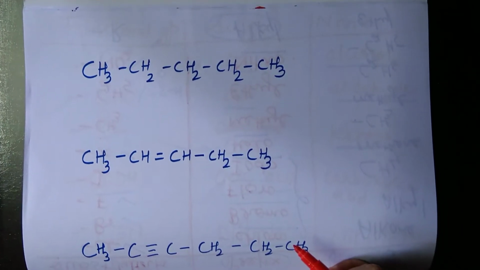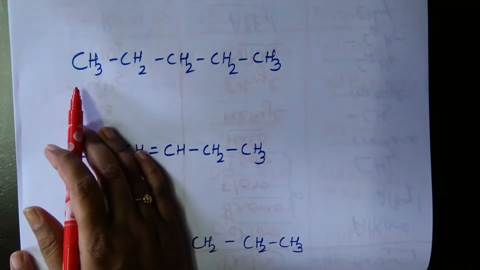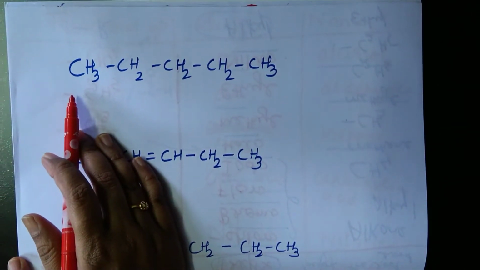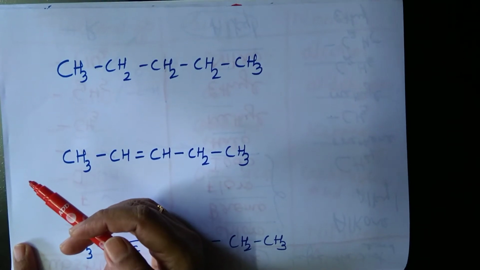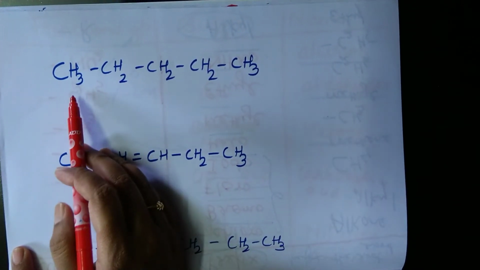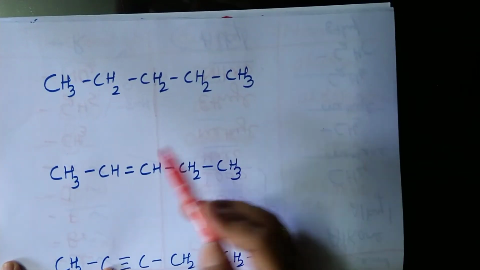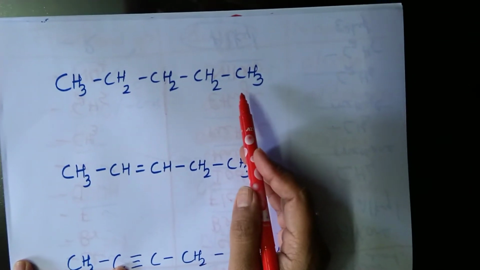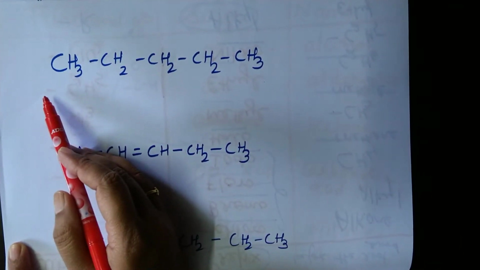In today's video, we shall name some of the given organic compounds. So I have an example here. First rule is you have to select the longest carbon chain and number it. In this case, this is the longest carbon chain, right? So you need to number this. From where should you number this? From left or right is the question.